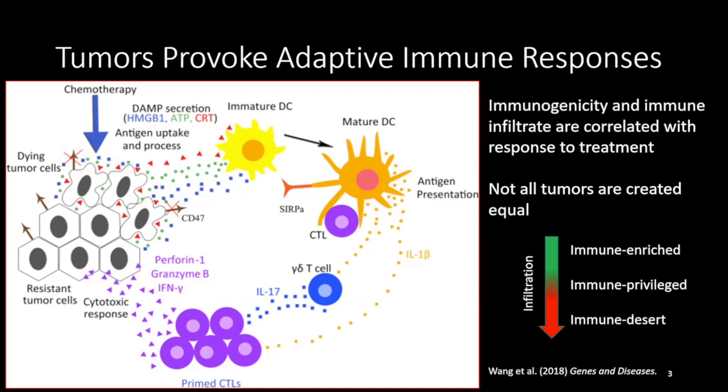And so once those dendritic cells are matured and are presenting that antigen, they migrate to your secondary immune organs, typically your tumor-draining lymph node, where they'll then interact with naive T cells and begin to activate them. And then skipping a bunch of steps, the activated T cells will migrate into the tumor and directly lyse these tumors with perforins, granzymes, in addition to secreting interferon gamma that can stimulate